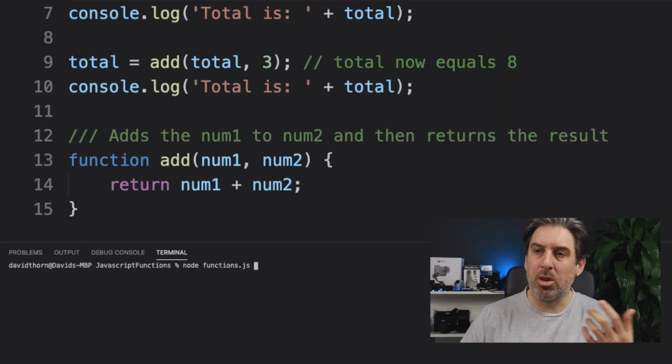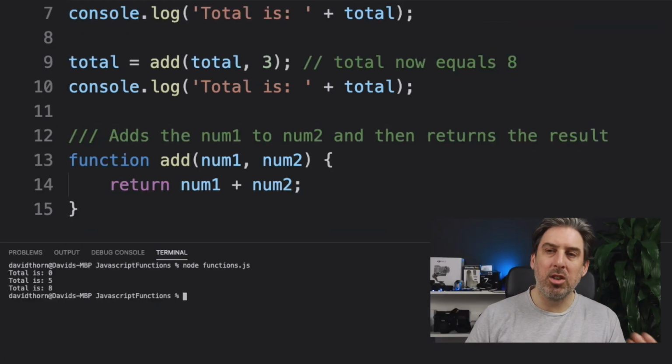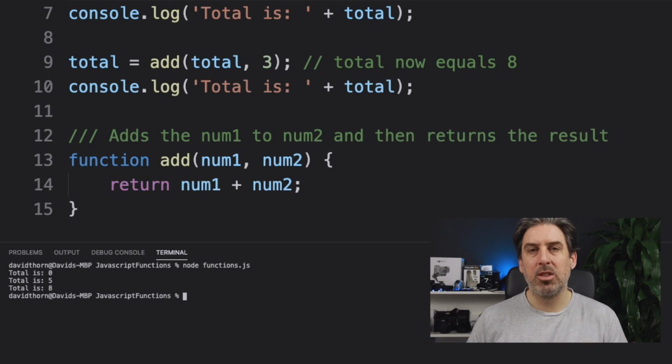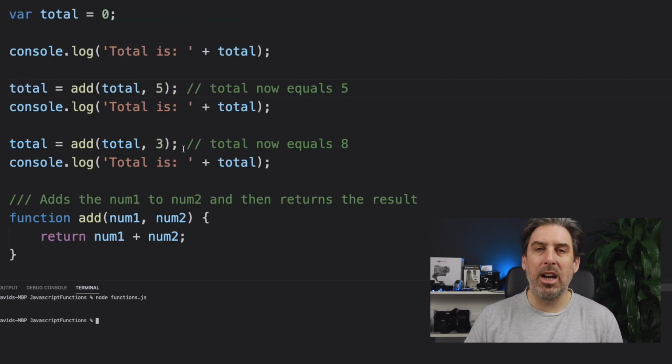And if we come to the console and run this once again, you'll see total is 0, total is 5, total is 8. So it's very, very simple. As you can see, in order to use a function or call a function or execute a function, what you have to